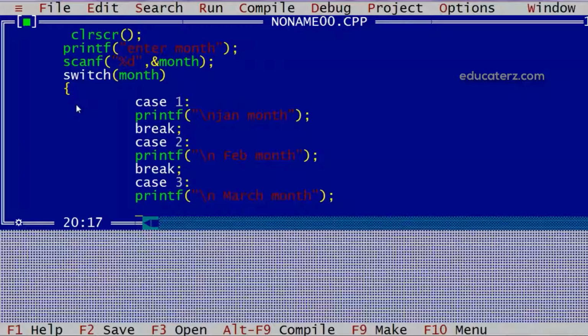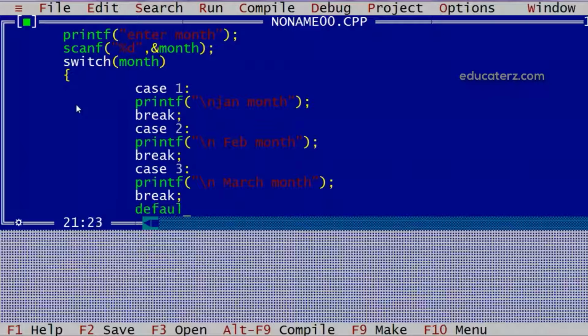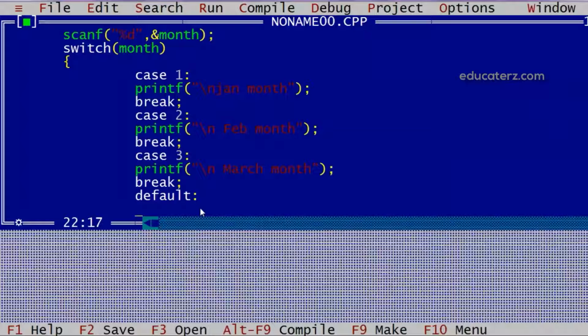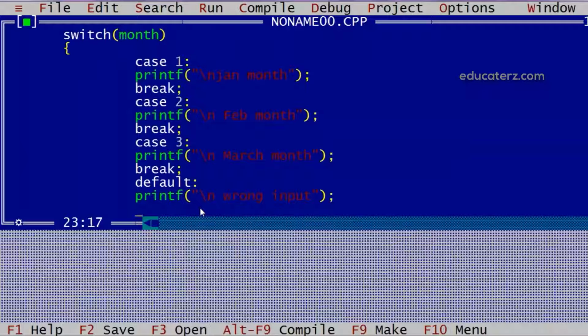Then if I want, I can go for default also. Suppose randomly some value is given. Now if randomly some value is given, then it will come to the default section. There I can say wrong input. So this way we can have switch.